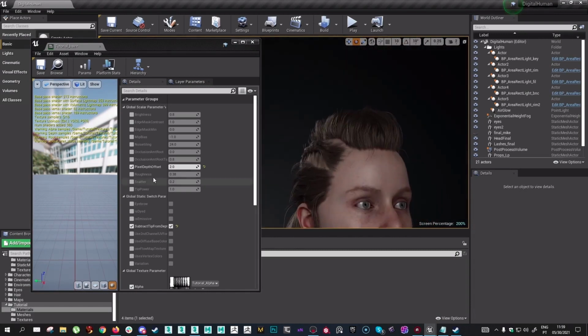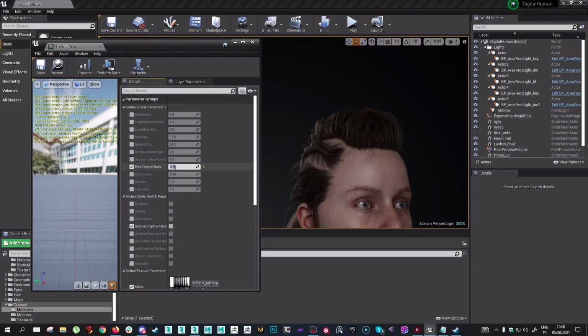This is more easily noticed if you actually just turn this off. So with 2, we're there. At 10, we're there. You can see how the pixels are going away. If we put 0, they're all back here, but the hair has less depth. So this is an important concept, especially on the type of hair we're doing. So let's just subtract the tip from the depth, and the pixel depth offset, we can set it at